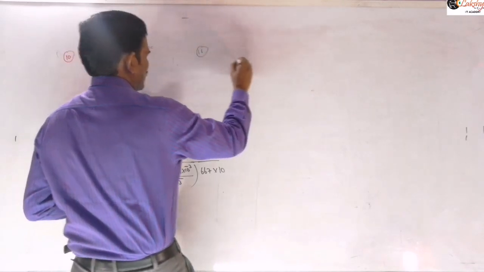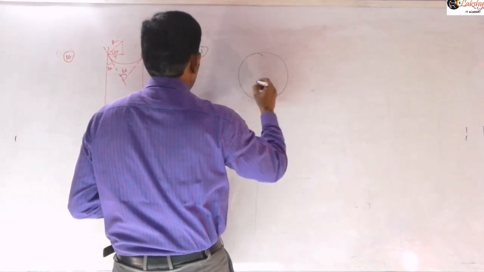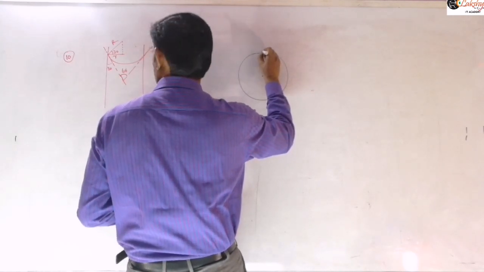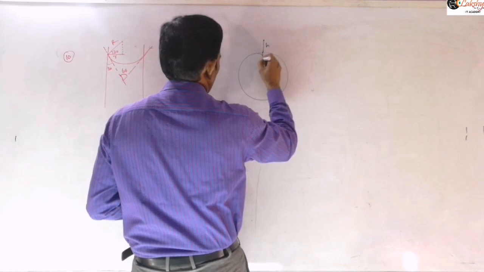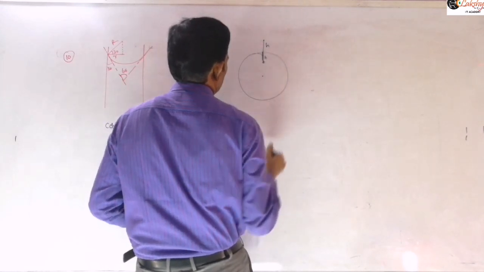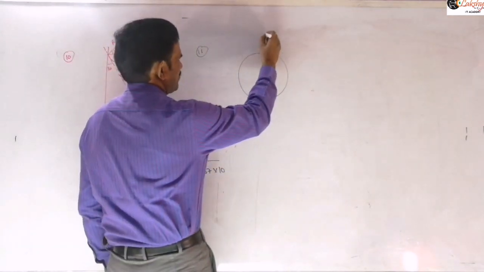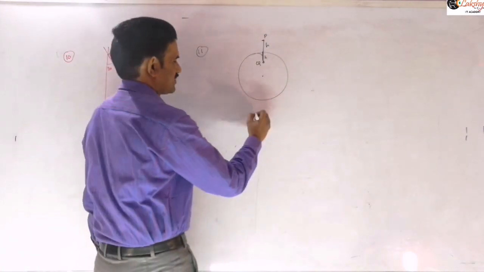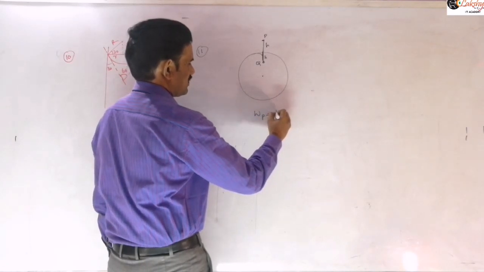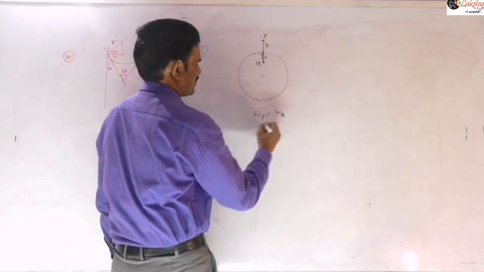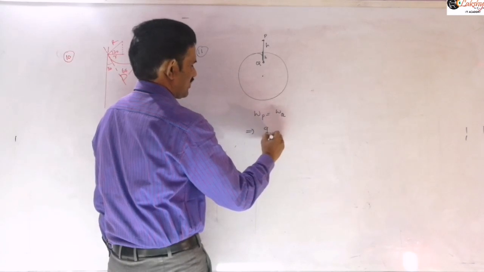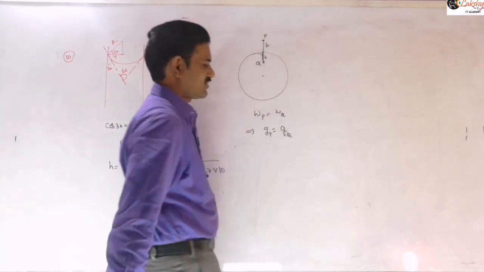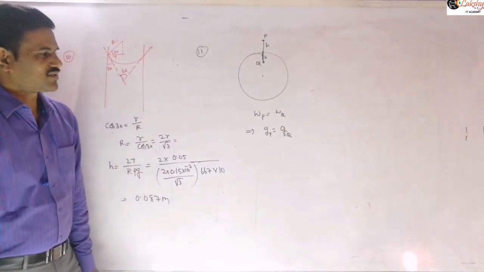So just what we can write there is, suppose this is the surface of the earth, and this is at a depth of h from this, and this is height h. Suppose this is a point P and this is point Q. At those 2 points the weight of the object is given as same. So the weight of the object at point P and at point Q is the same, which indicates that acceleration due to gravity at point P should be the same as acceleration due to gravity at the point Q.